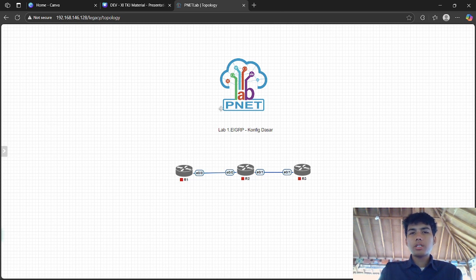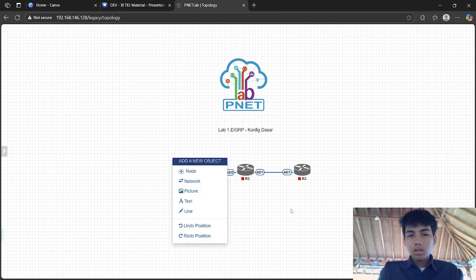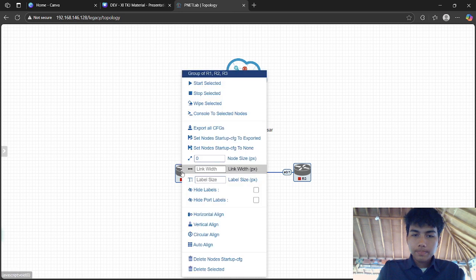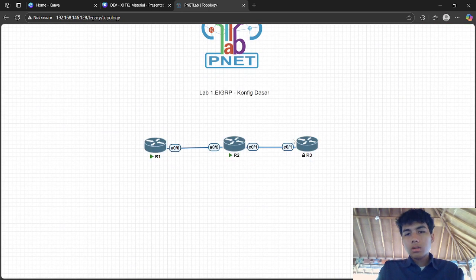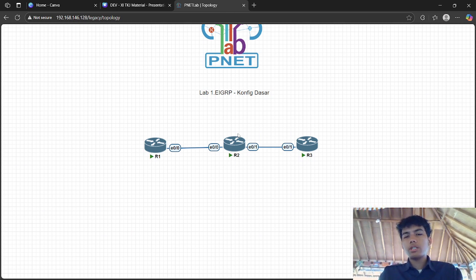So here is the routing table. I have a simple topology over here, and on each router I have given an IP address and also advertised it to each other.